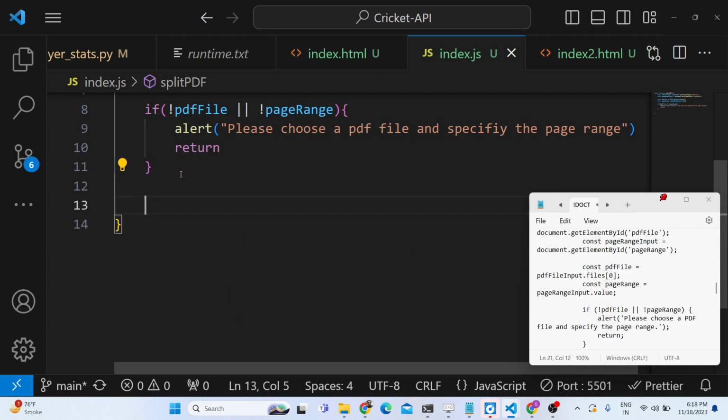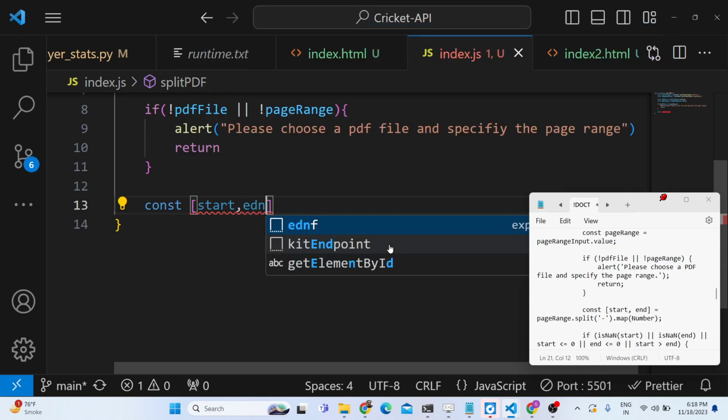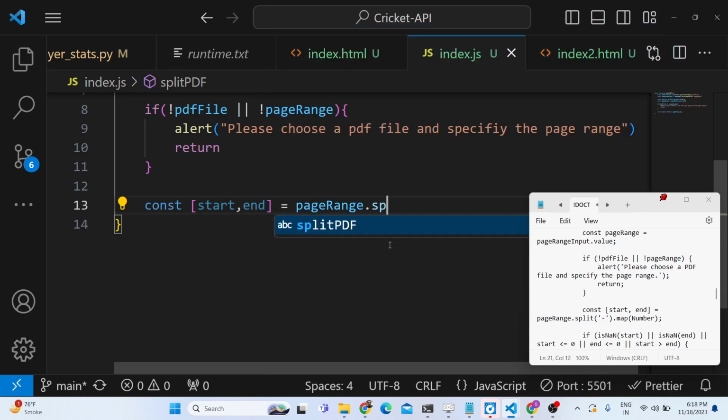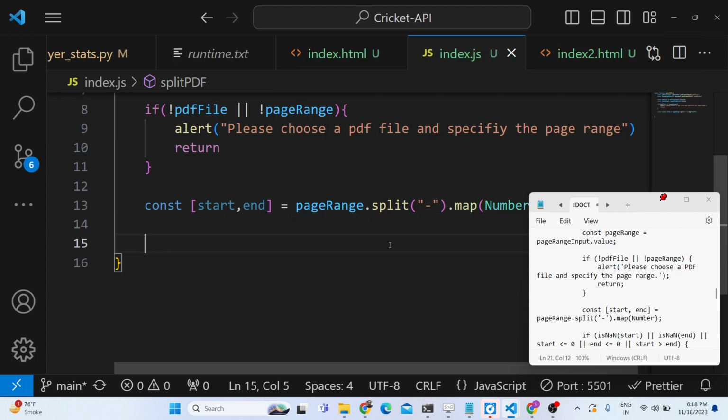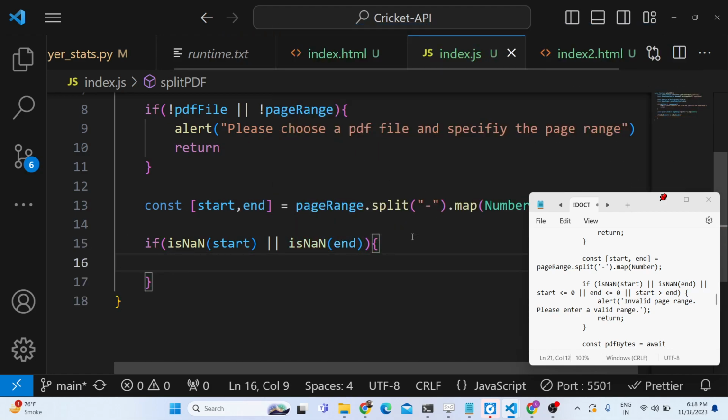So if both things are provided by the user, in that case we will calculate the start and the end index of the PDF file that needs to be split. We will use the split method, which is available in JavaScript. We will split it using the dash symbol, and we will use the map method to convert this to a number. And then here, guys, in the if condition, we will use the isNaN function. We will compare it. If either start or end is not a number, in that case,